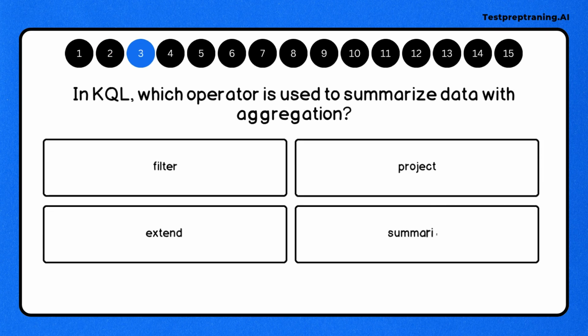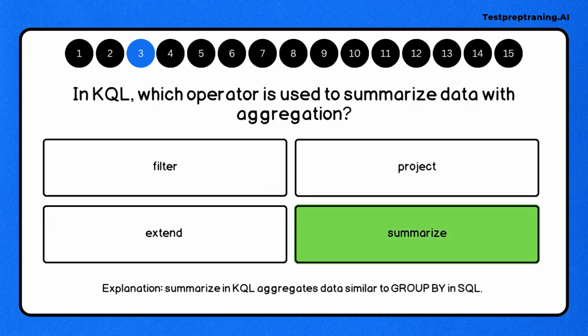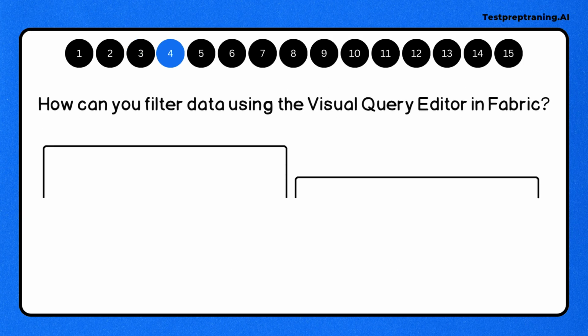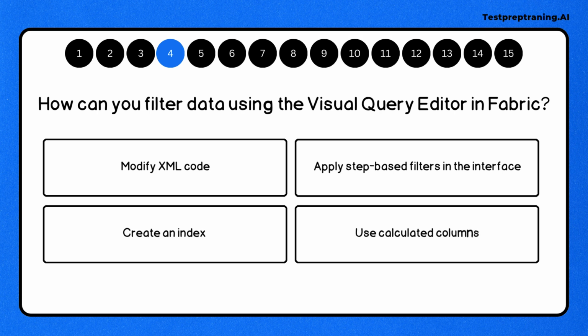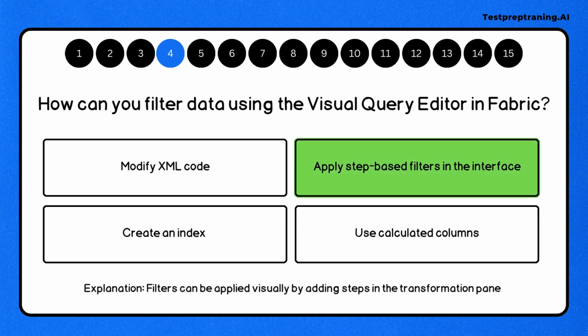Question 3. In KQL, which operator is used to summarize data with aggregation? Correct answer is summarize, as summarize in KQL aggregates data similar to GROUP BY in SQL. Question 4. How can you filter data using the Visual Query Editor in Fabric? Correct answer is apply step-based filters in the interface, as filters can be applied visually by adding steps in the